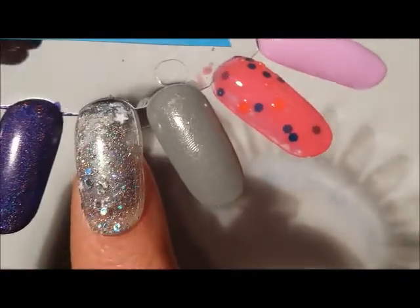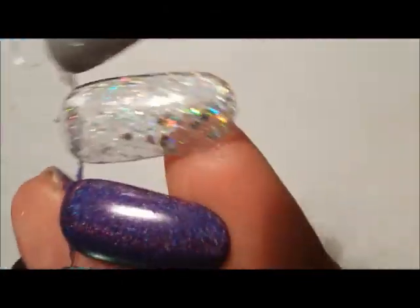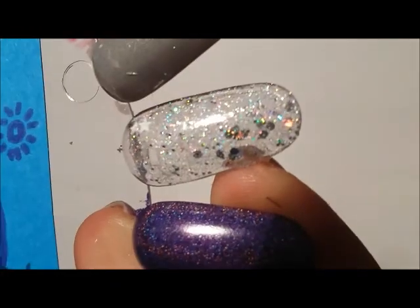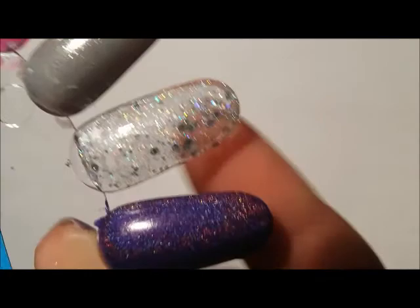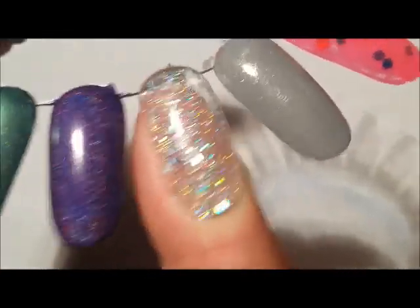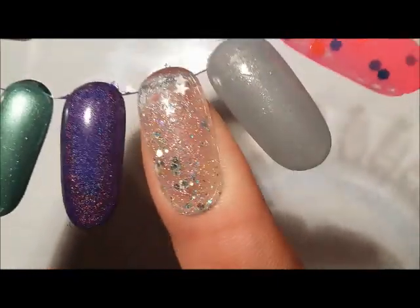island. And this next one here is definitely a topper, but I've put this on the swatch wheel on its own just so that you can see what it looks like on its own. And the reason that I like this is, yes, it's got the holographic micro dots and holographic glitters, but it also has matte glitters as well, and I do like matte glitters. So this polish gives me the versatility of everything that I like in a glitter topper, which is the holographic